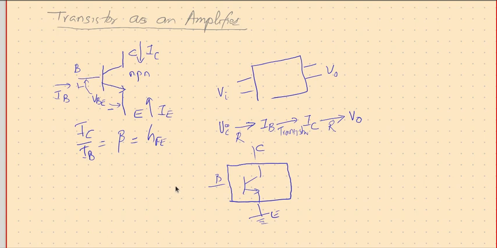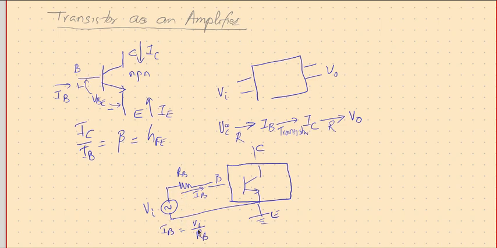But as of now, let's just see how our input voltage can be converted into input current. So this is our input voltage signal Vi, and if you make it pass through the base resistor, then what you get is Ib, and this Ib is Vi by Rb.